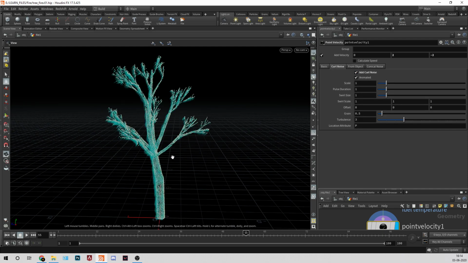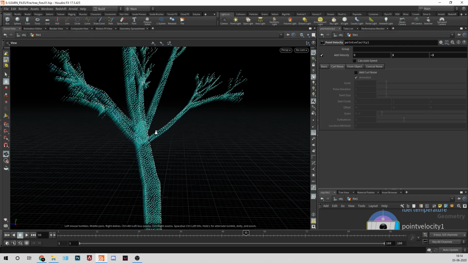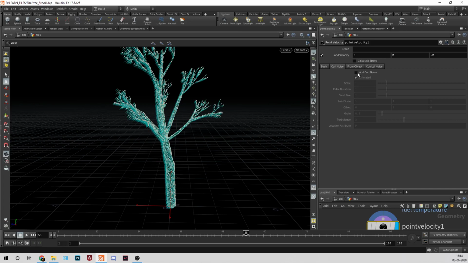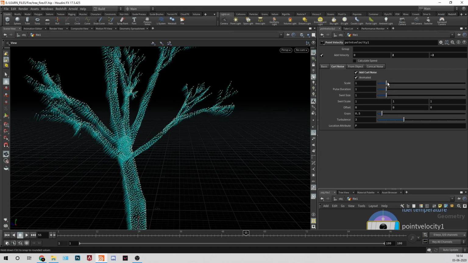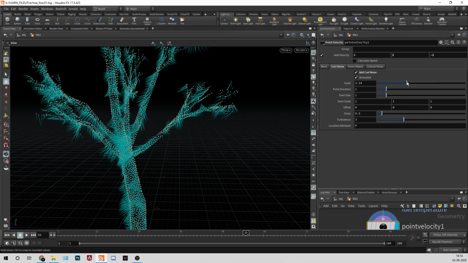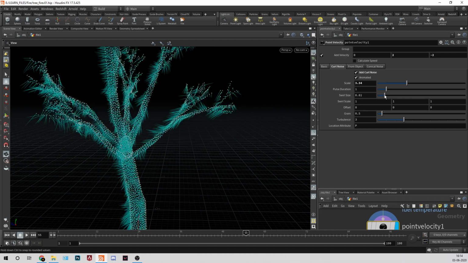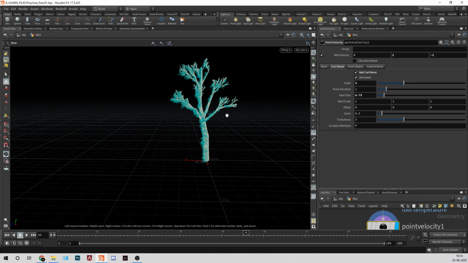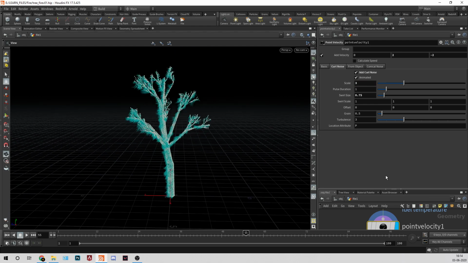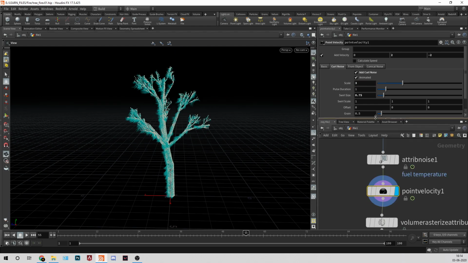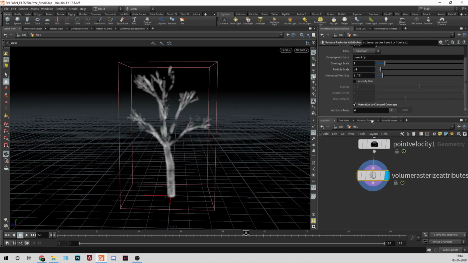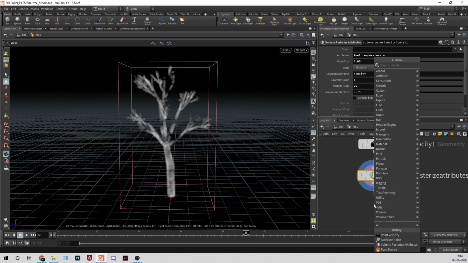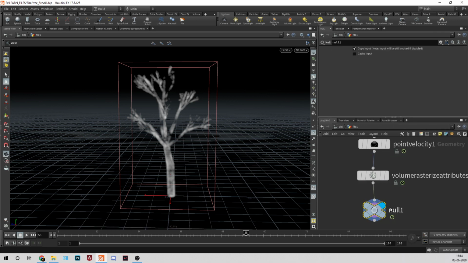I have given a direction on this side, but I don't want it to be uniform, so first of all I want a curl noise, which I can scale a bit, and I'll decrease the cell size a bit. Yeah, it is okay. So we have some point velocity also, and that's why I added v here too, so that we can rasterize our v also. And now we'll create a null which will be our source.